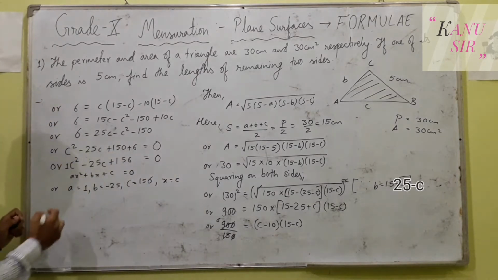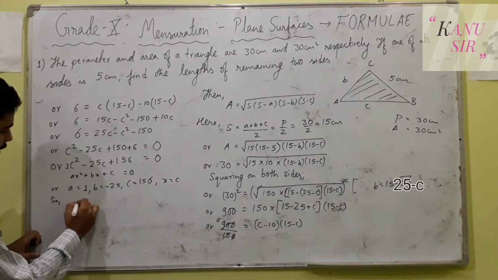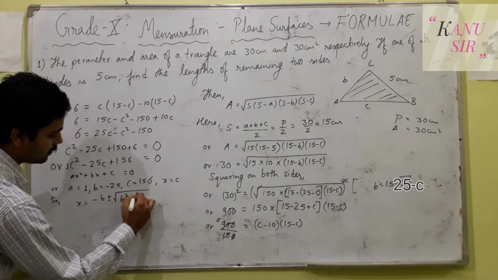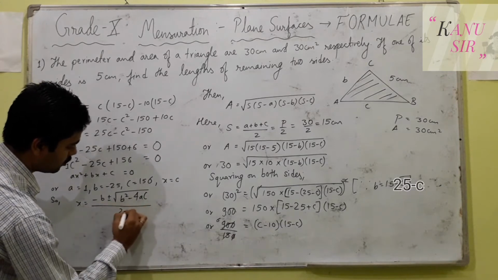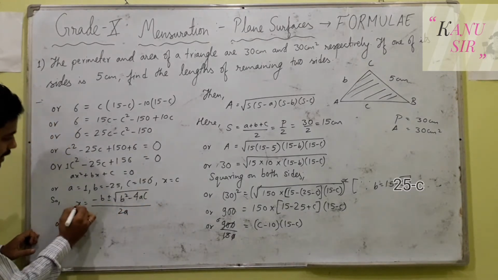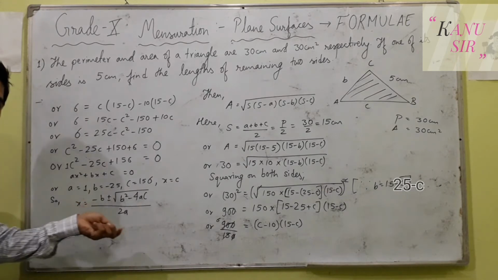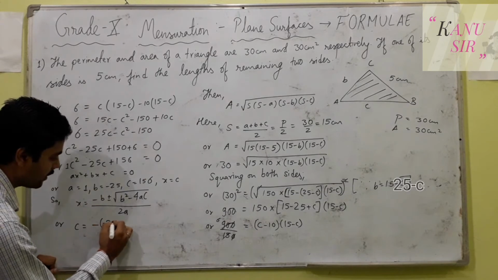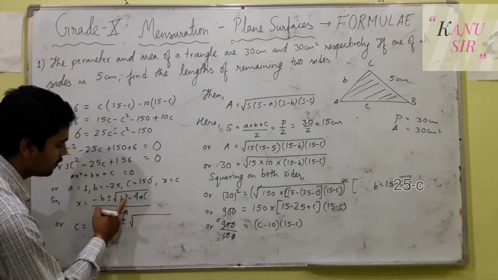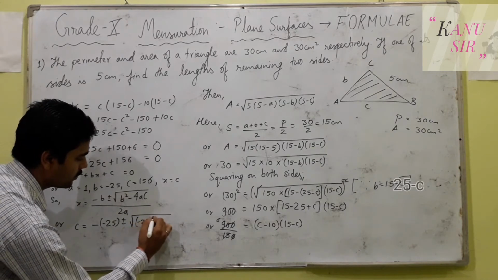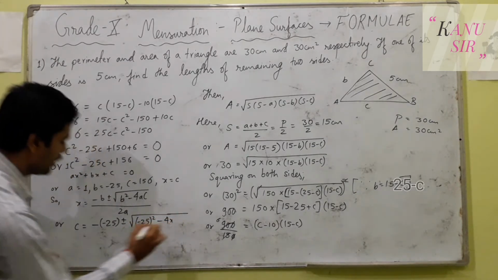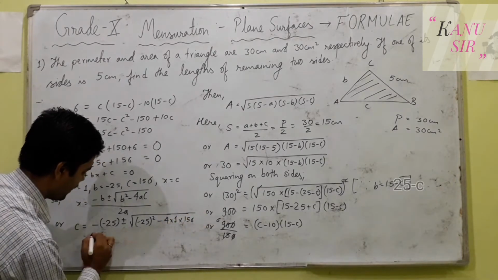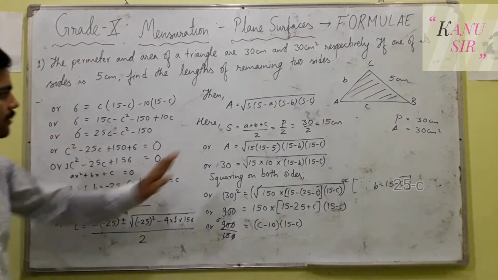is c here. So directly the value of x is minus b plus minus under root b² minus 4ac upon 2a, or the value of x is c. Now placing the values of a, b, c and x: minus the value of b, which is minus 25, plus minus under root b, meaning minus 25 whole square, minus 4, the value of a is 1 and the value of c is 156, divided by 2. Now one more time, we need some space.